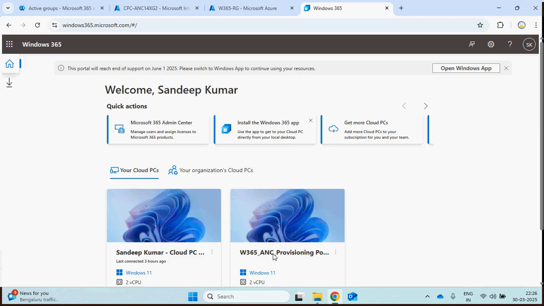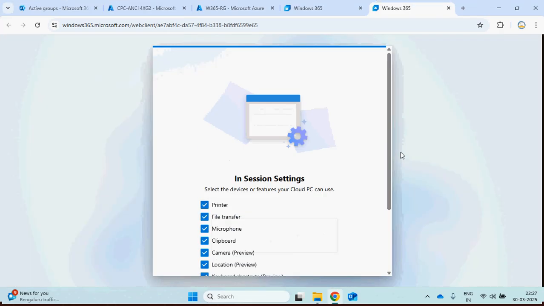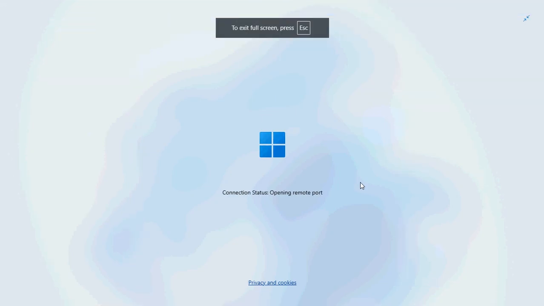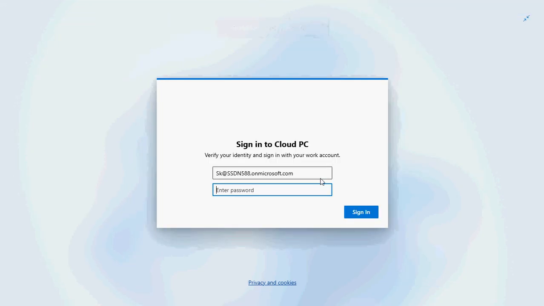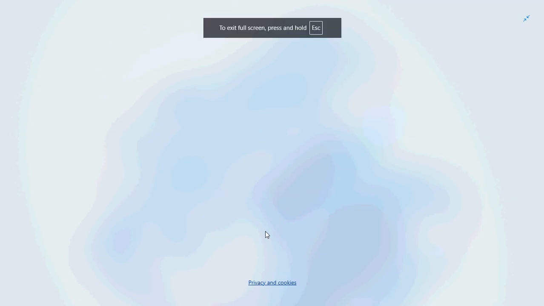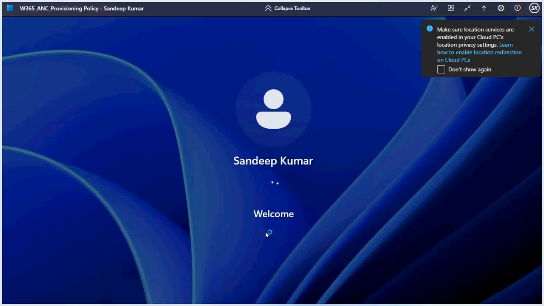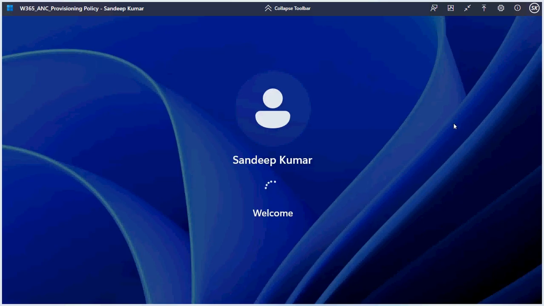So this is the Azure network connection PC that got provisioned. So let me browse it.